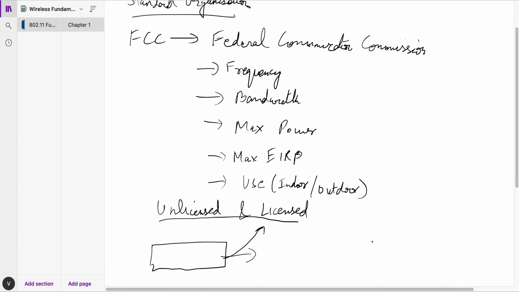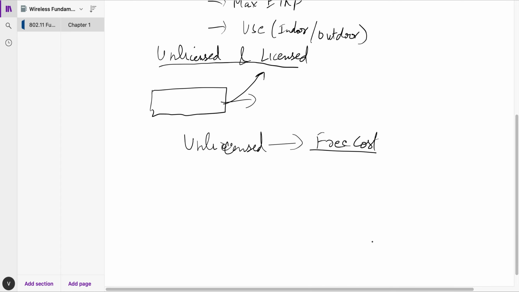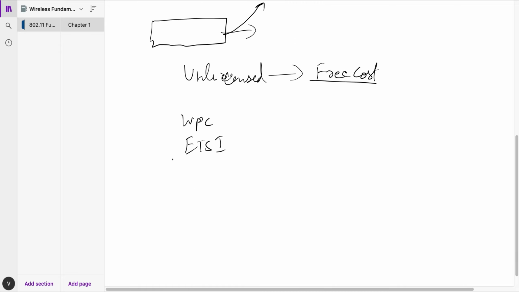Now, different countries have their own bodies which decide and set the rules of Wi-Fi. India has something called WPC. We have Europe, which talks about all these rules and regulations, which are set up by ETSI. So every country and every region has their own body which regulates these rules, and every vendor that has to transmit data on the Wi-Fi needs to abide by those rules. Otherwise, you've got to pay a lot of fine if you break those rules. Okay, that's FCC and other bodies for you.